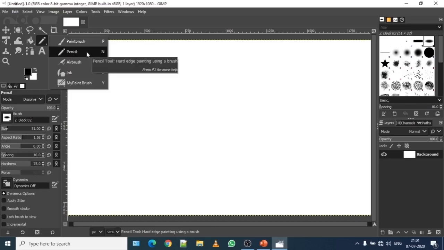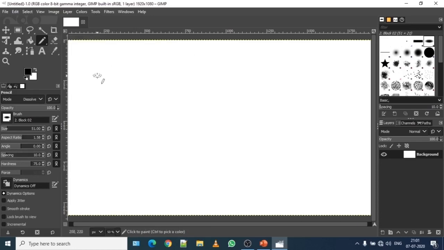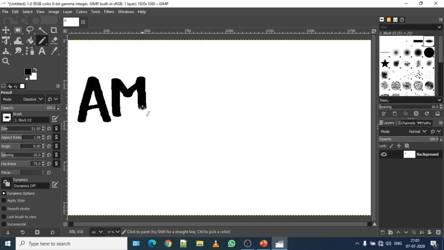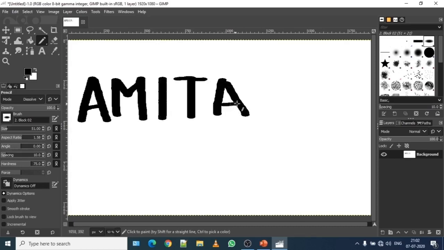So I will use pencil tool. Let's say I want to draw something. Let's say I'm drawing or writing my name over here. The benefit of using GIMP compared to paintbrush is that you have several features using different types of brushes and tools.